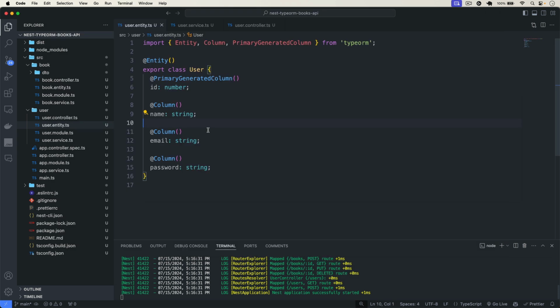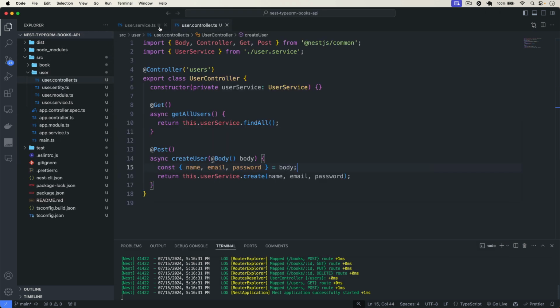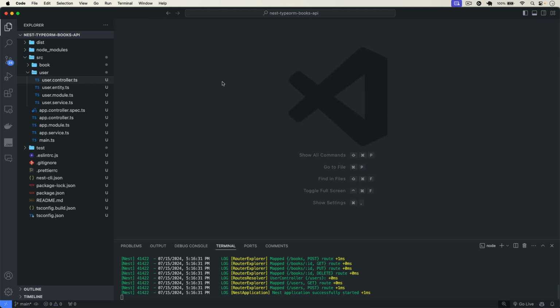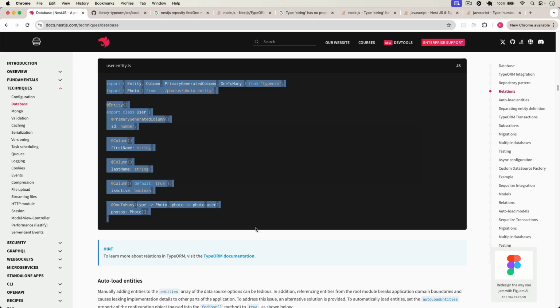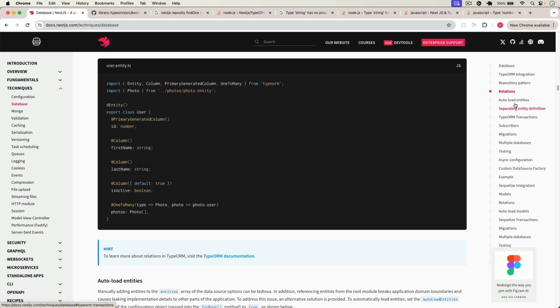So now let's understand how we can manage our relationship between book and then the user. We know that we have different types of relationship, like one-to-one, one-to-many, many-to-one. Now we know that a user can have many books and many books can have one user. So we have to establish this relationship that a user can have multiple books and multiple books can have one user. So if I go back to my Chrome,